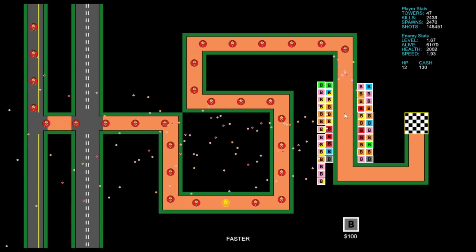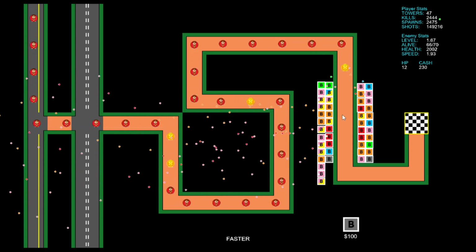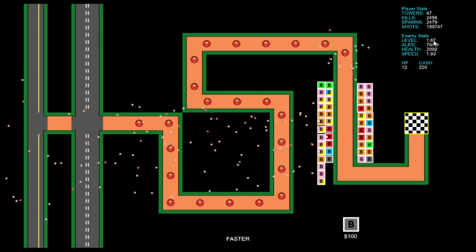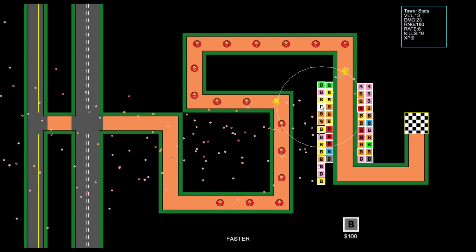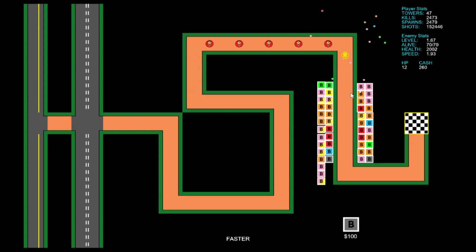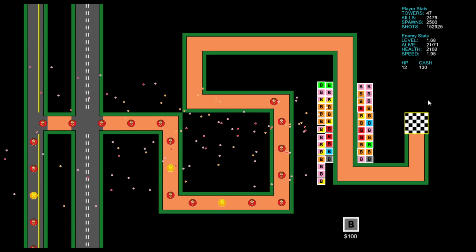I didn't do very many tweaks between this game and the last game, so I'm looking for 100 levels. I got to like level 103 or 104 last time, so that's kind of the bar now, if I can get to level 100. I can slow it down. This is the regular speed. That's the faster speed. It's twice as fast. I could. I'm thinking about adjusting that too to have a higher speed too, but